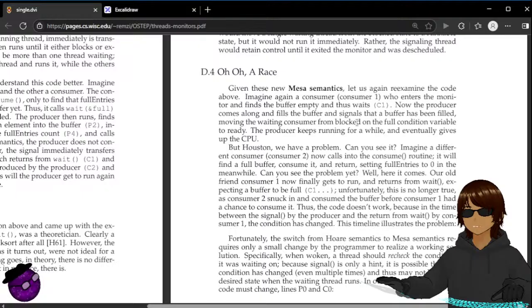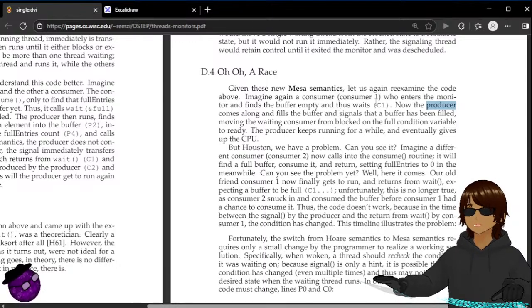Moving the waiting consumer from blocked on a full condition variable to ready. Right, so this consumer goes from blocked to ready, but it's not running yet. The producer keeps running for a while. The producer who filled the buffer is still running, and eventually it will give up the CPU. And the consumer changed from blocked to ready, but